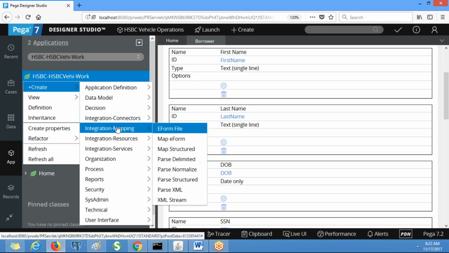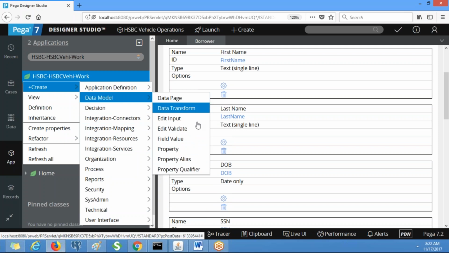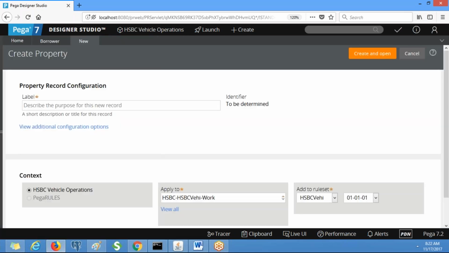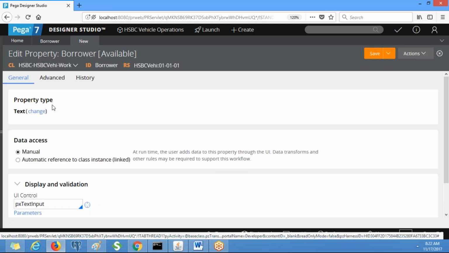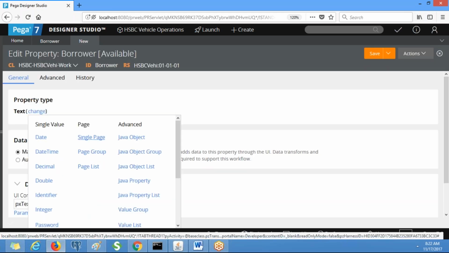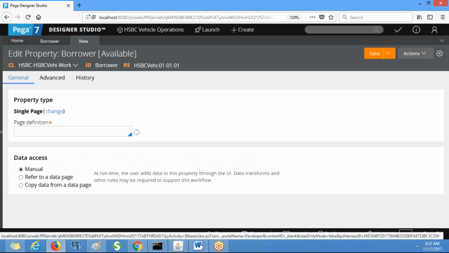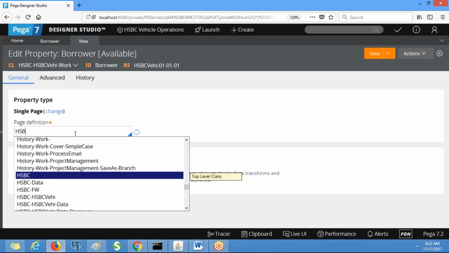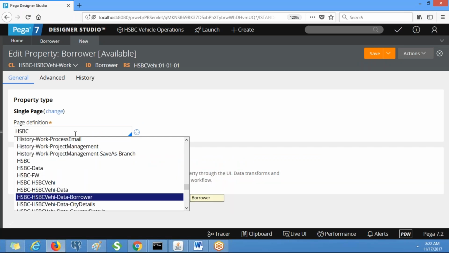Create a page property called borrower. Here property type is single page. For page definition, we need to give the data class which we created, data borrower.